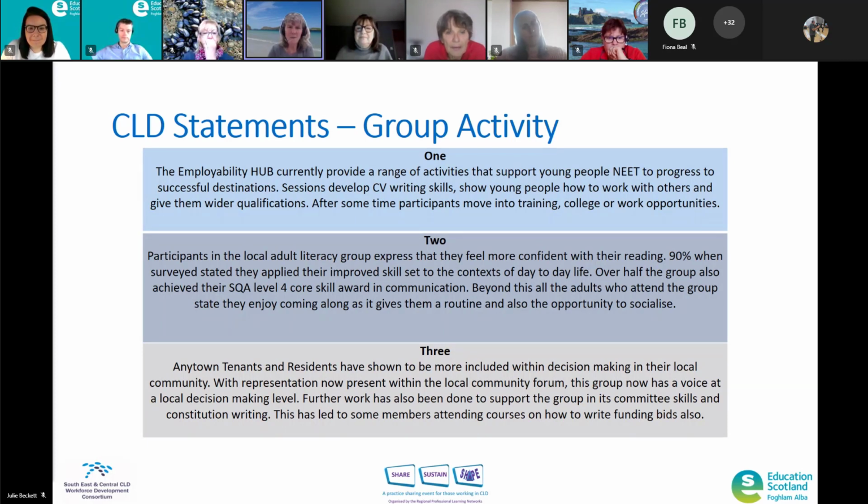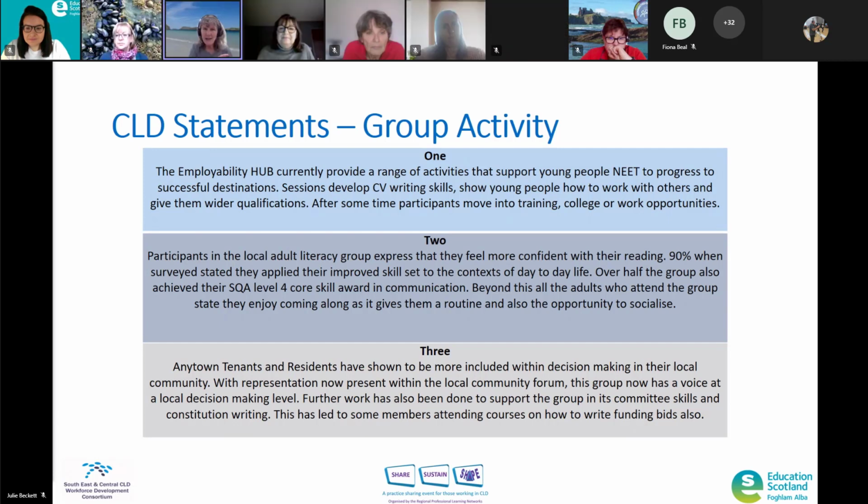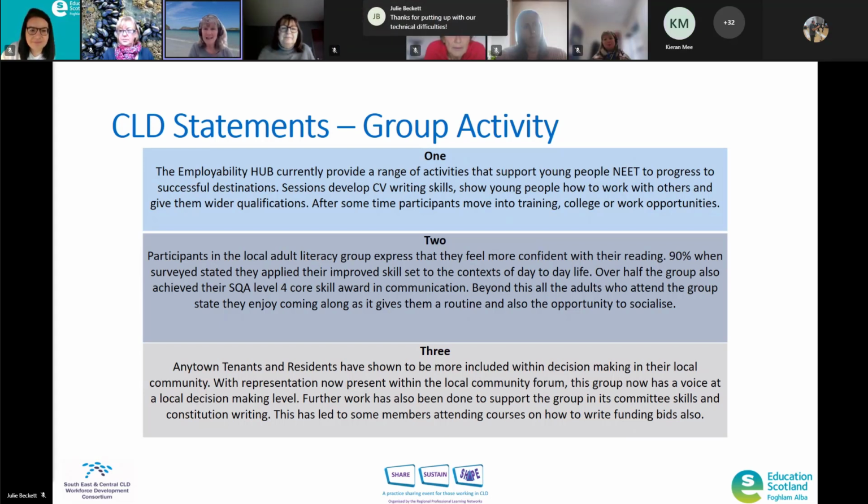My goodness, that was a well-performing adult literacy group. We thought that looked fantastic, but it's very hard to succinctly describe it. But we were talking about there was obviously a positive impact on adult literacy learners and on their day-to-day lives. And we then came up at the end with all learners are improving their confidence and well-being. We didn't tackle the SQA accreditation, which in some senses speaks for itself.